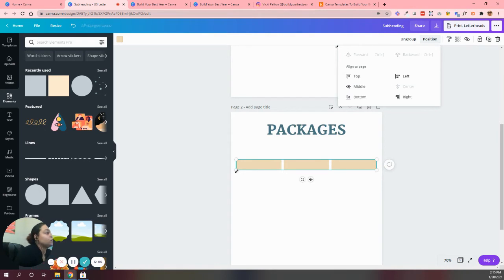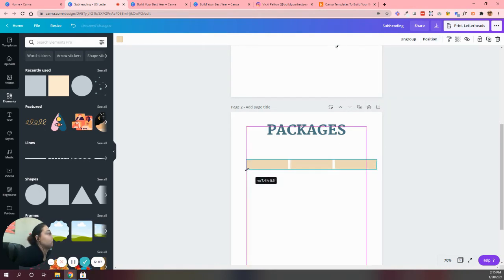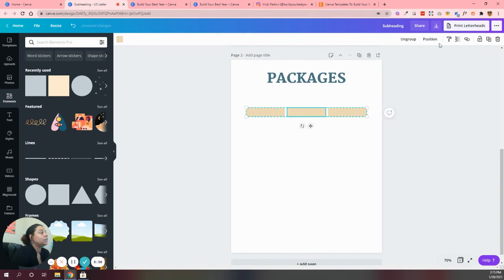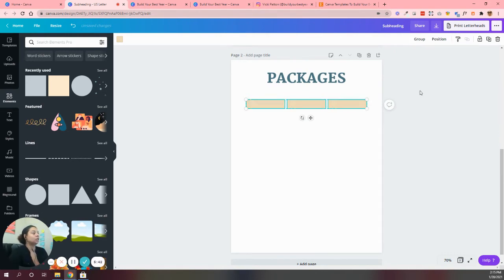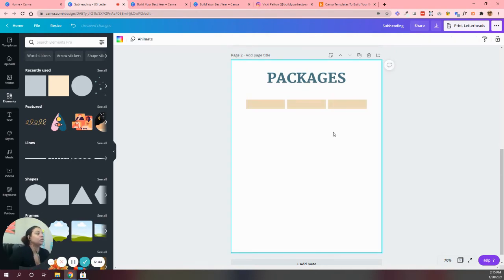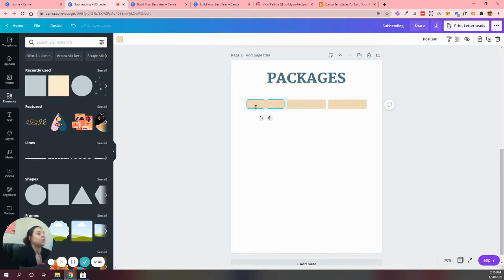So I want this to be a little bit smaller because I want it to stay in this box that's coming up. I like to make sure that I have enough white space. So now I'm making it smaller. Okay, that's perfect. So now I'm going to go ahead and move it up a bit. And I'm going to ungroup them. And now I'm going to go ahead and finish it out